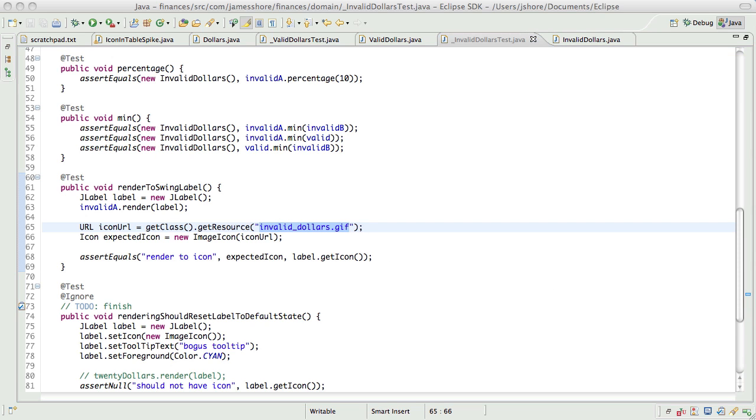So let's go ahead and grab this star that we used in the spike and move it over to here. And we will call that InvalidDollars. We need to draw ourselves a proper